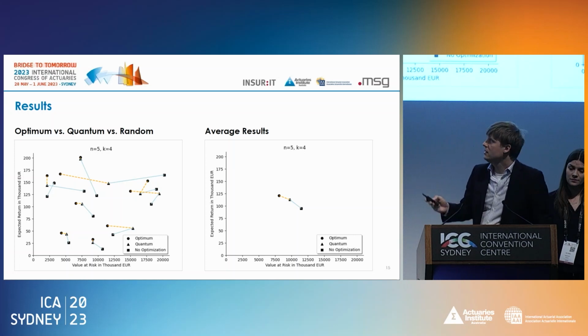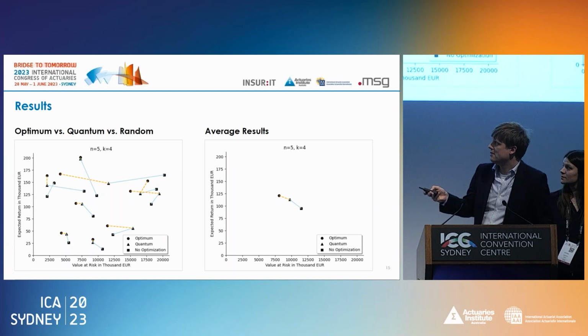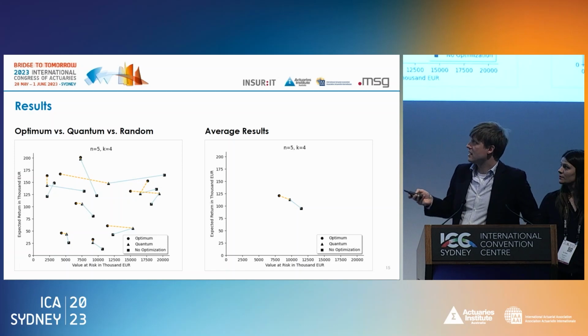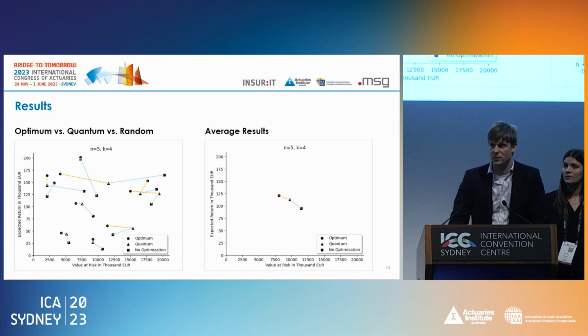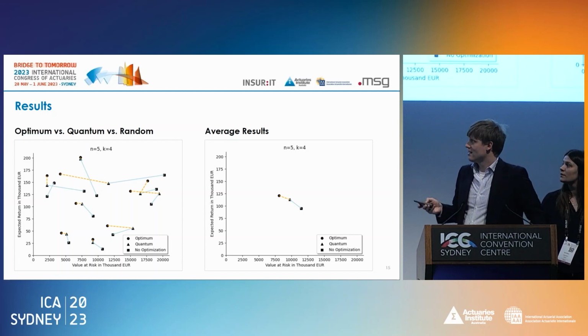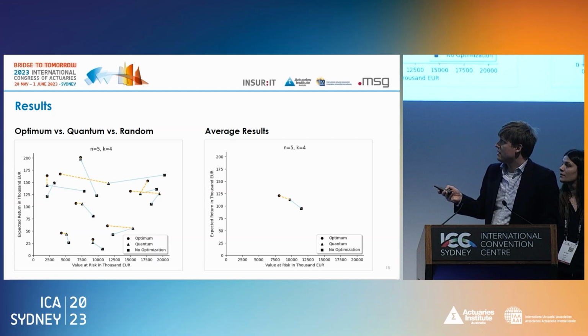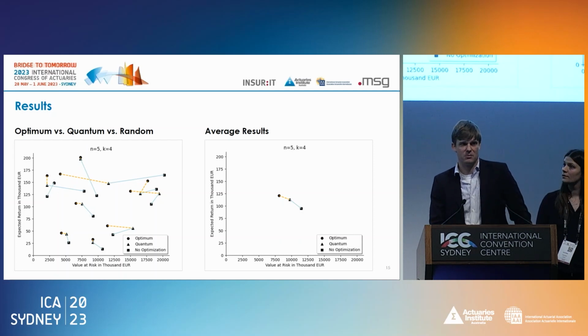So what would be better? It would be better if we're going from somewhere here up to the upper left corner. That would be a very good result, and here we have nearly an optimum result where the quantum annealer matched the calculated optimum. Well, it's a lot to see, so let's switch to the left side where we have the average of all results, and we see, oh yeah, it really did a good job. So we went from the average portfolio, no optimization, to the upper left corner, quite a good way to the optimum, which would be calculated with our